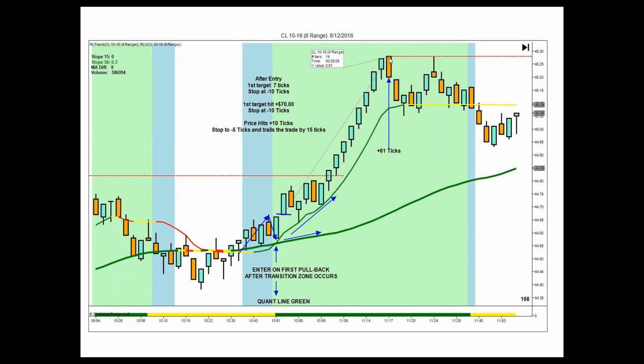Now, you're going to take your 15-tick hit here because there's nothing that signals you're still in an uptrend. But if you subtract 15 from 61, you're going to get 54, I think. Nope, you're going to get 46. I can't add. You're going to get 46 ticks plus your 7. That is a $530 trade on 2 contracts on crude. And that's your whole day right there.